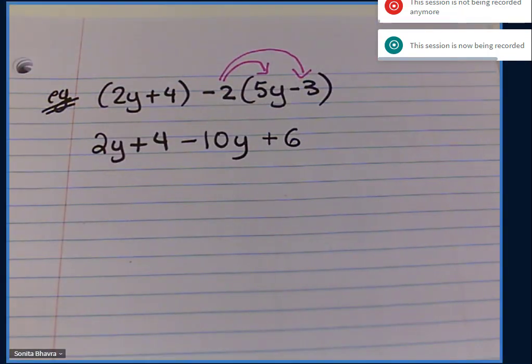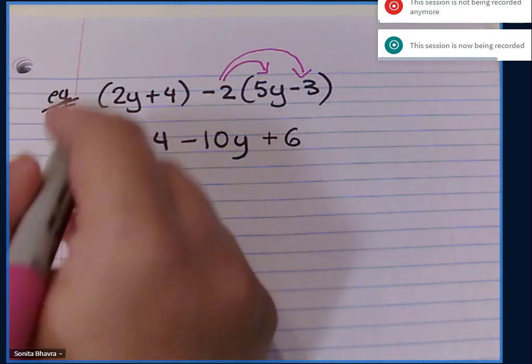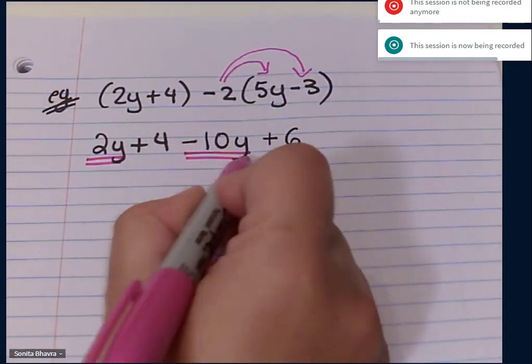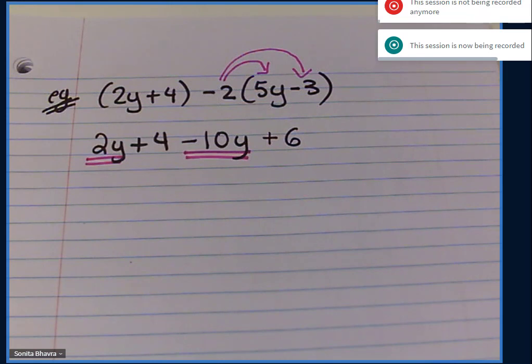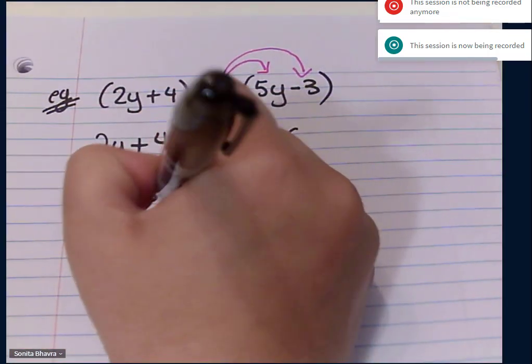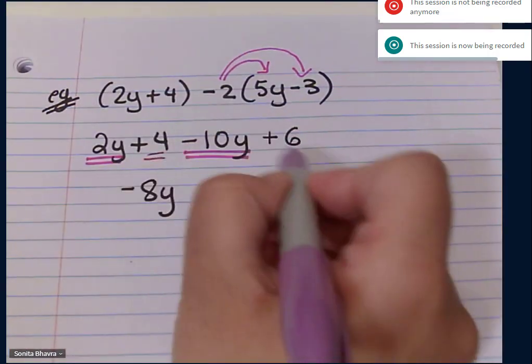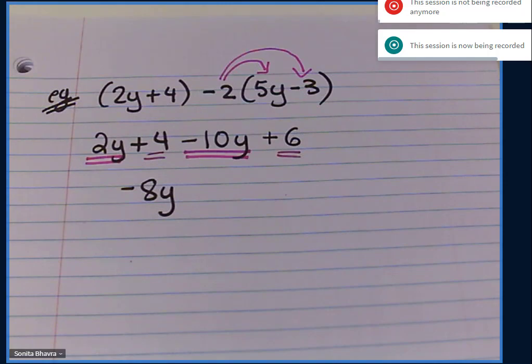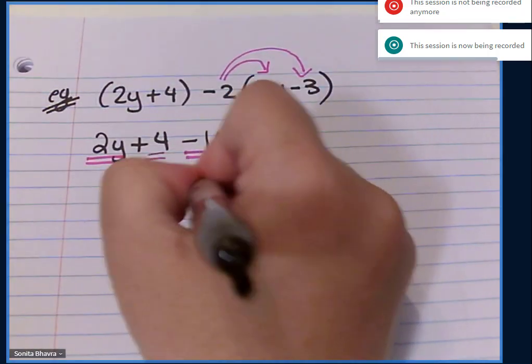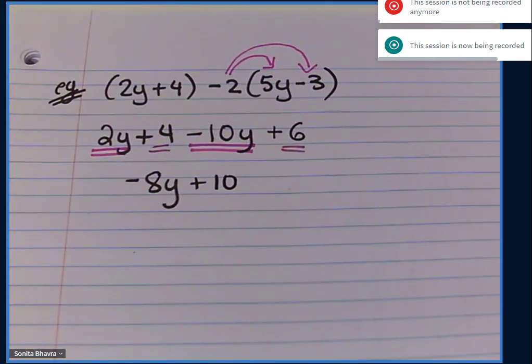All right, so once you've gotten to this stage, now you just have to collect like terms. So we have a 2y minus 10y. All right, so collecting 2y and negative 10y, that gives me negative 8y. And then we have 4 plus 6. And 4 plus 6 is just positive 10, so plus 10. All right, and that is